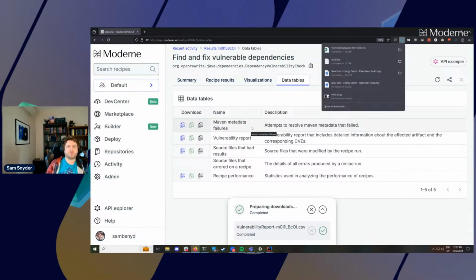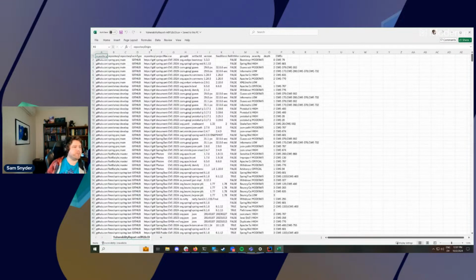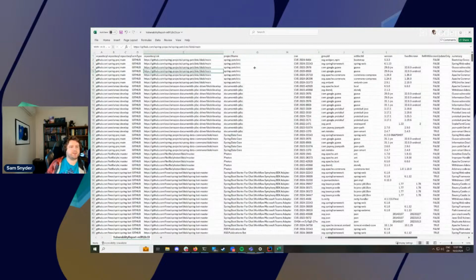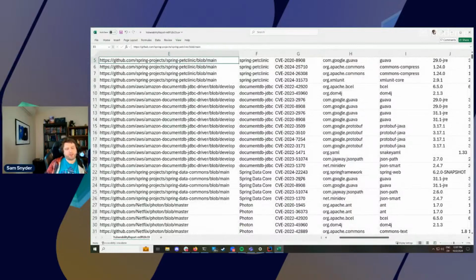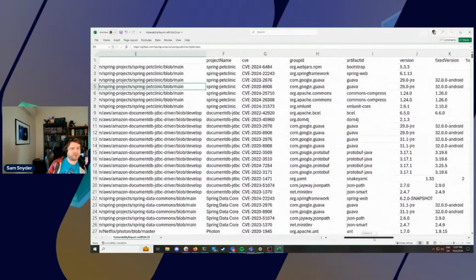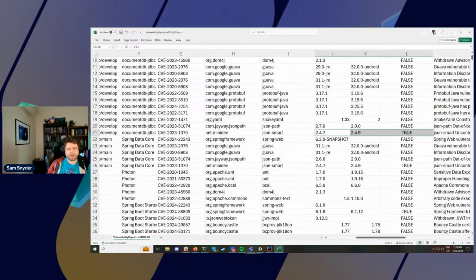If you're a longtime user of this recipe, I appreciate your patience as I retread familiar ground for you. In the data table produced by this recipe, it notes the full results, not just the results that could easily change or were from patch version bumps, but all version bumps. So it notes the CVE number, the GAV coordinates of the affected dependency, and whether it could be fixed just by bumping a patch version. Wherever there's only a patch version difference, like we saw with this result for JSON Smart, it suggests a code change.